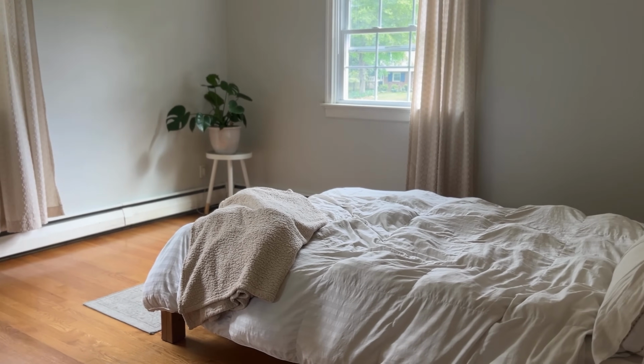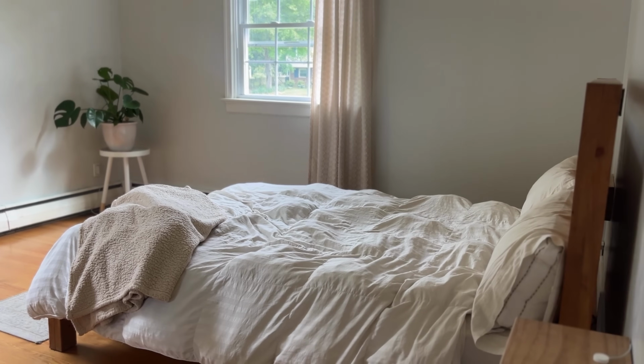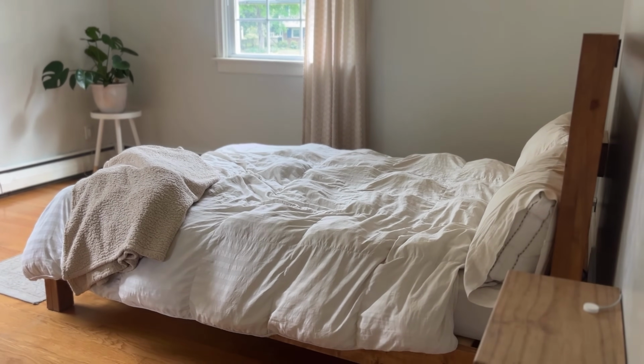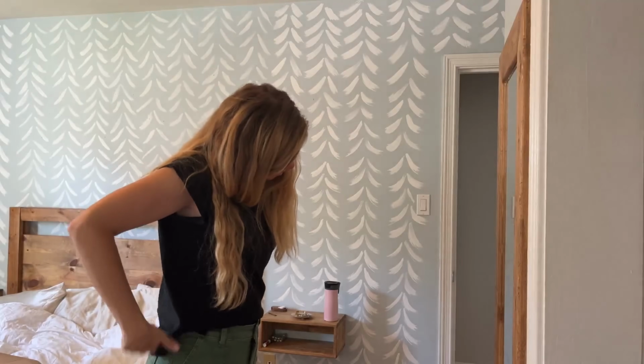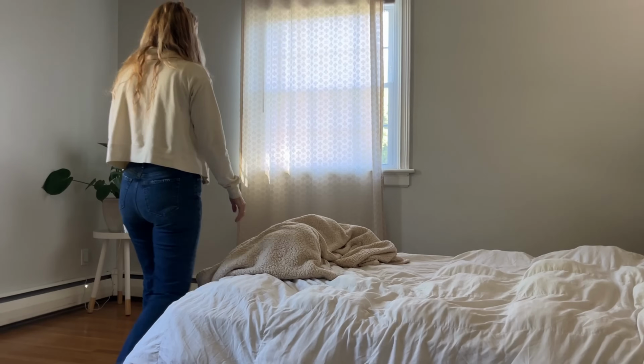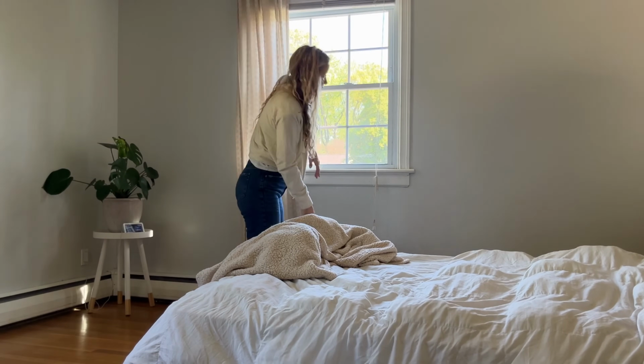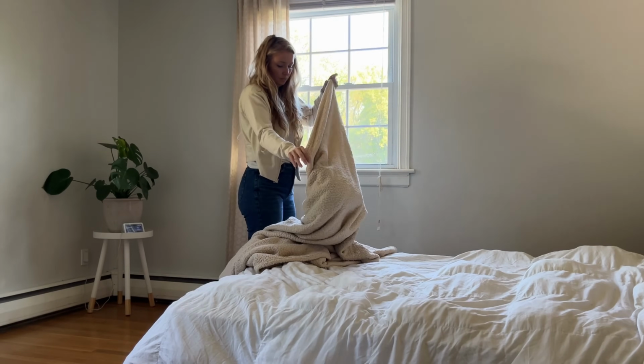And one of the most basic, but one of the most important things that I've learned to do in my bedroom is to make it very calm. So I was always somebody who liked a lot of color, and I would put a lot of color in my bedding, a lot of color in throw pillows behind me. My room had lots of stripes and patterns behind me. I'll try to find a video to show you what it looked like before. But what I found is that even though it was something that I enjoyed and liked, it also didn't help me go to sleep. And when I woke up in the middle of the night, it didn't help me fall back asleep. So I had to really restructure my bedroom